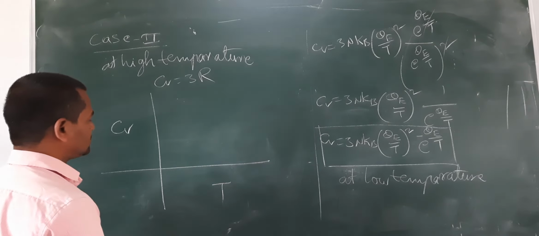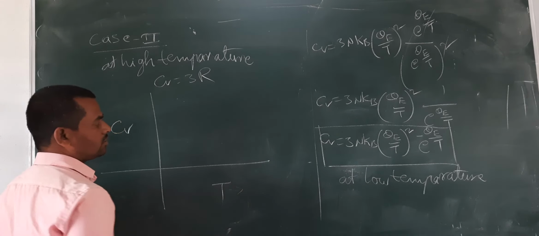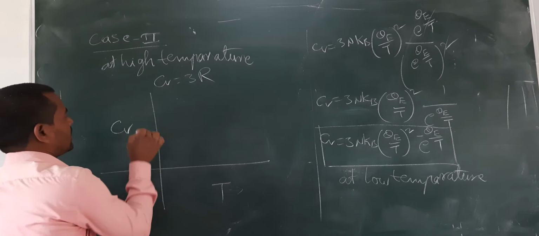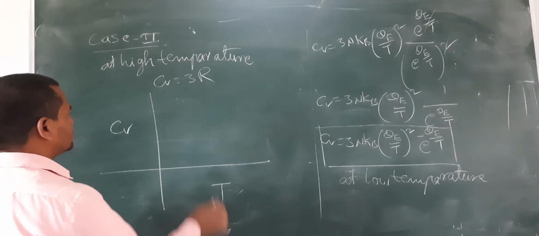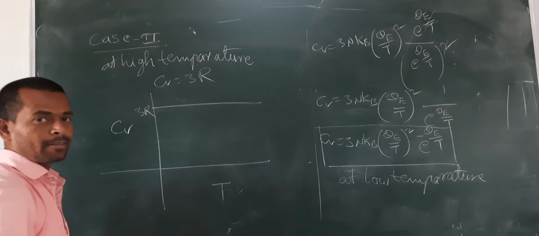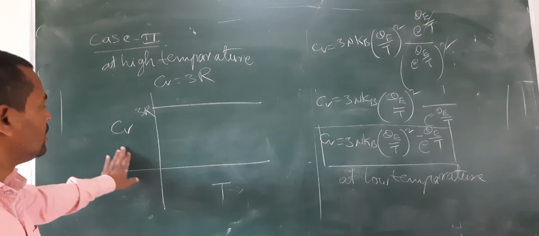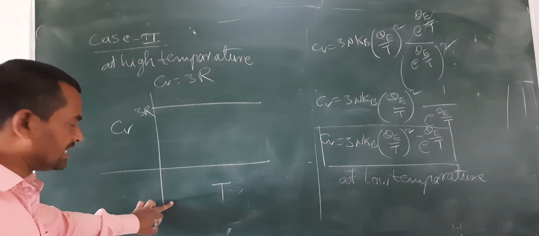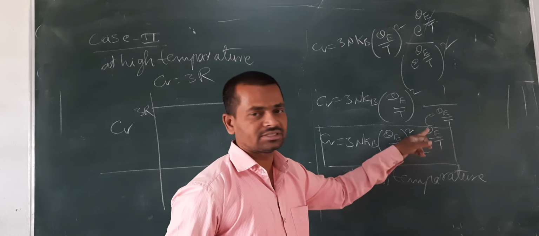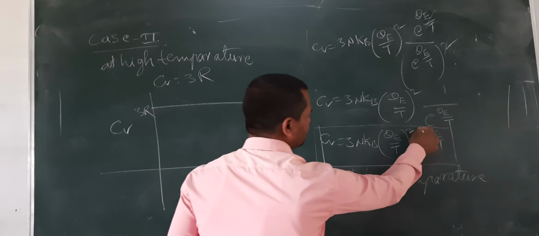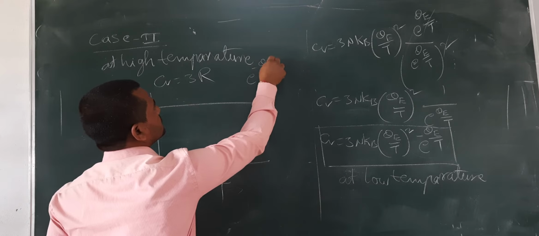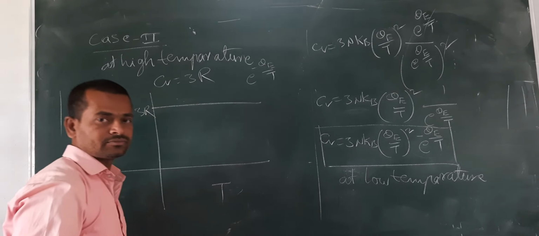We must take temperature on the x-axis, specific heat on the y-axis. Okay. At higher temperature, when the temperature is increasing, what happens? When it is very much high, then the specific heat is independent of temperature. So that means it cannot depend. It is at high temperature, right? But when the temperature is decreasing, see, the exponential term is there. Okay, so let me take this final term only, e power minus theta e by t.